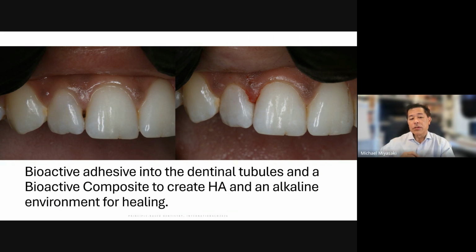Then over the top of that, we use a bioactive composite that creates that hydroxyapatite in a very alkaline environment so that that tooth can continue to heal. So we did this a while ago, and the patient has had no issues. Again, fairly young tooth, so the pulp is healthy, and I think in this case, this tooth is going to recover very well. But we got that decay out. We had informed the mother of how deep it was before we got in there. She could see the glow, and after that,